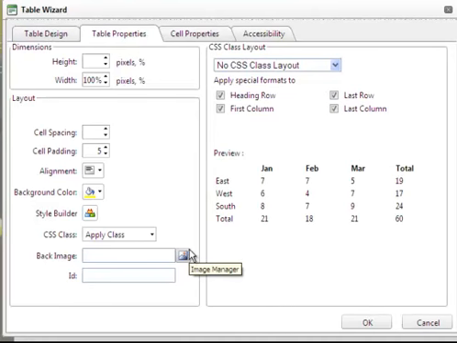Back image lets me choose a background image for the table, which will repeat as necessary to fill the space. I won't do this on this occasion. CSS class, ID, and the CSS class layout options are not used in the Learning Platform at the moment, so